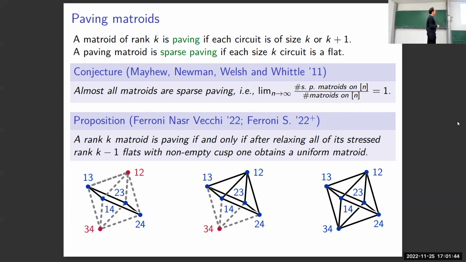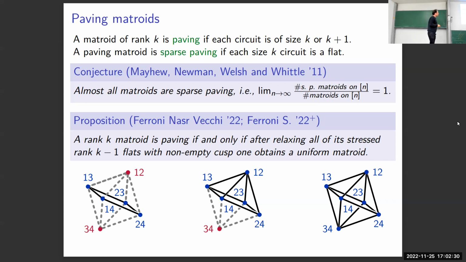Great. Okay. And why are paving matroids nice for our game, and why did we pick all these terms? Because there is this nice alternative description of paving matroids. If I relax all the stressed rank k-1 flats, which are these circuits here, then I get back the uniform matroid. So this, for example, the square here is a paving matroid. And if I relax first 1, 2, and then 3, 4, or the other way around, then I will get back the uniform matroid, and this proves actually that this was a paving